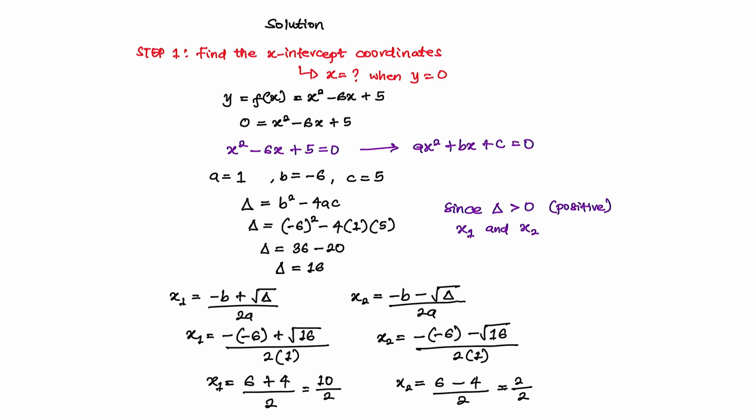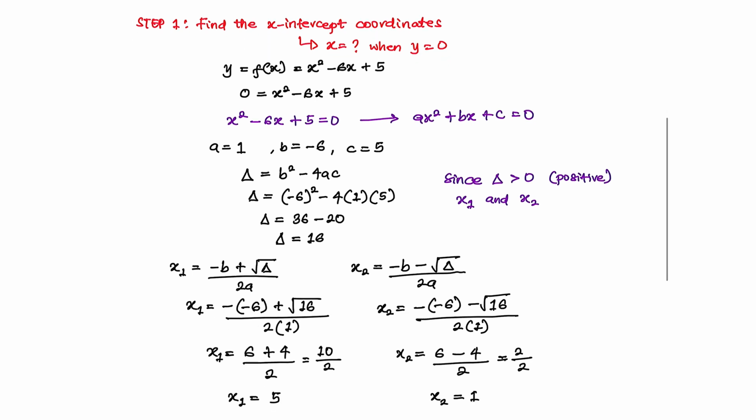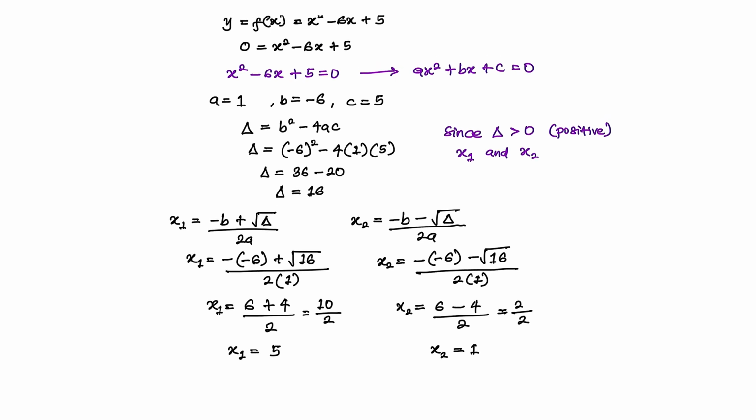Step 1 involves finding the x-intercept coordinate. Now that we found the value of x when y is 0, we need to determine the coordinates of this step 1. So since we have two x's, this means we will have two respective coordinates. Remember that a coordinate system is always x, y. The value of x comes first and then the value of y. So in this situation here, the value of x is 5,